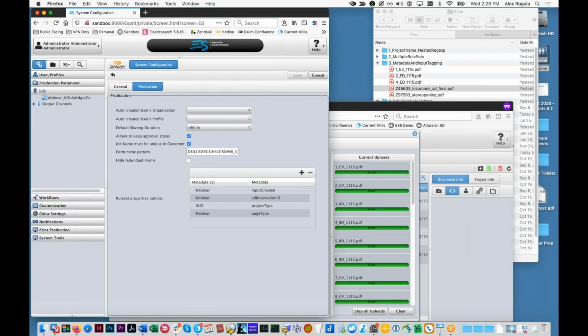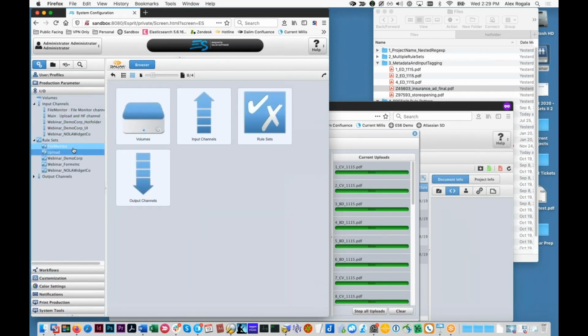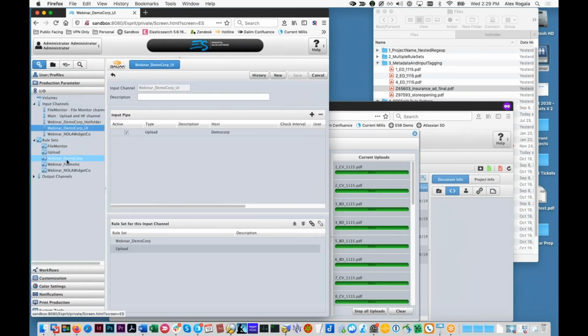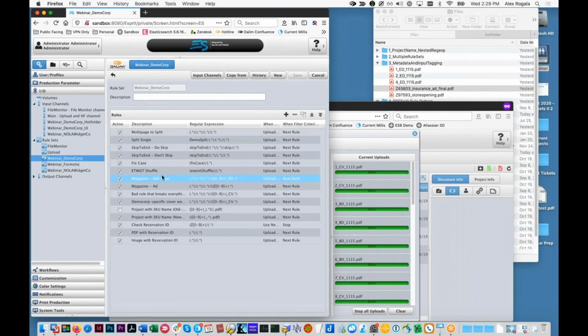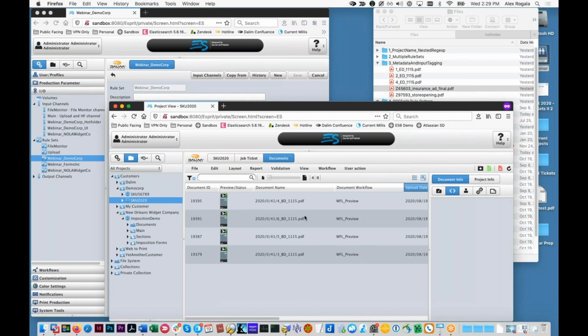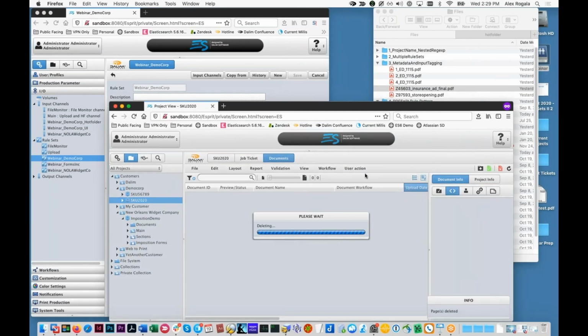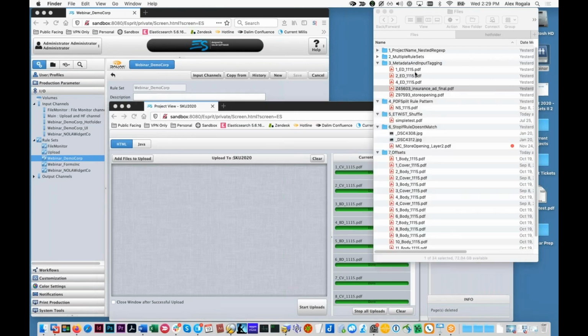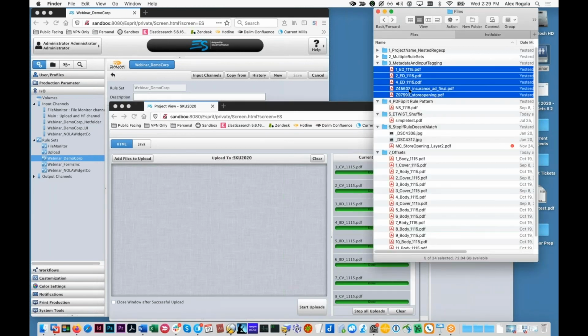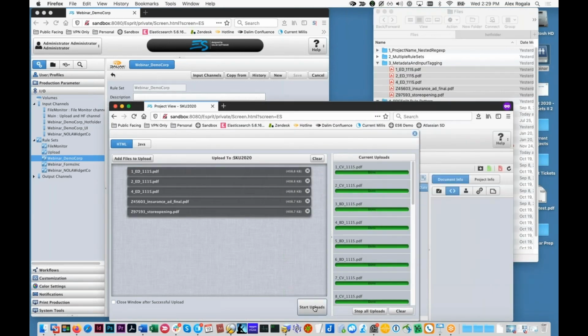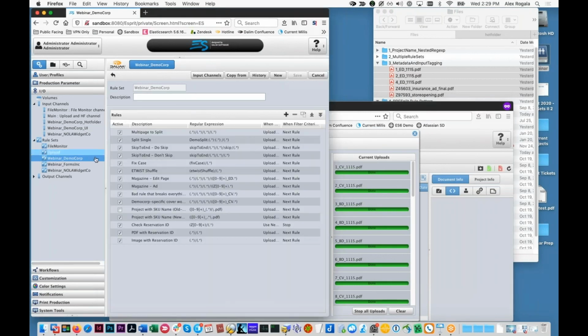If memory serves, I think the way I have this rule set up, I can just dump them straight in from the web. Yep, so let me just delete a few of these examples. And I'll push these in so they can process while we take a look. So what this rule is going to do